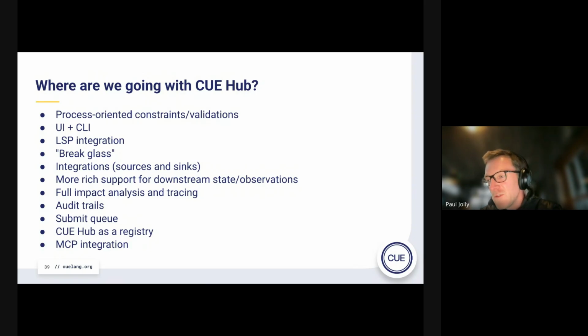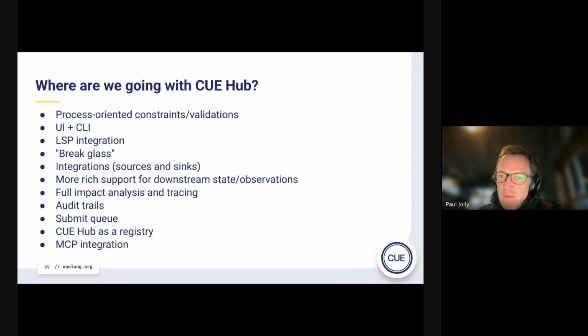A number of folks said, please just focus on the CLI. Others said that having some sort of UI to visualize this is just as important. Matthew hinted at this earlier on, but didn't say it explicitly. Things like LSP integration are an absolute classic use case of trying to shift things left and find out about problems earlier. Matthew was talking about the fact that the LSP only provides parser-related errors for now. There's absolutely nothing to suggest that the LSP couldn't connect to something like Q Hub and provide even earlier feedback on problems with what you're writing.